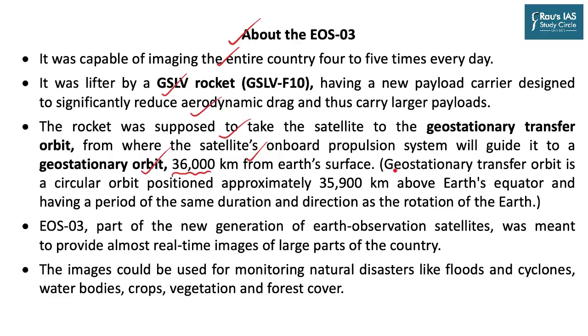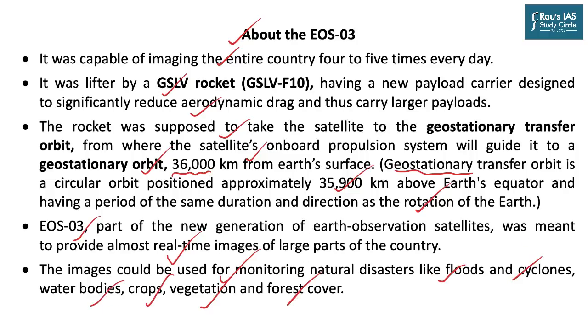Whereas geostationary transfer orbit is a circular orbit positioned approximately 35,900 km above the Earth's equator and having a period of the same duration and same direction as the rotation of the Earth. EOS-03 was a part of the new generation of Earth observation satellites meant to provide almost real-time images of large parts of the country. The images could be used for monitoring natural disasters like floods, cyclones, water bodies, crops, vegetation,